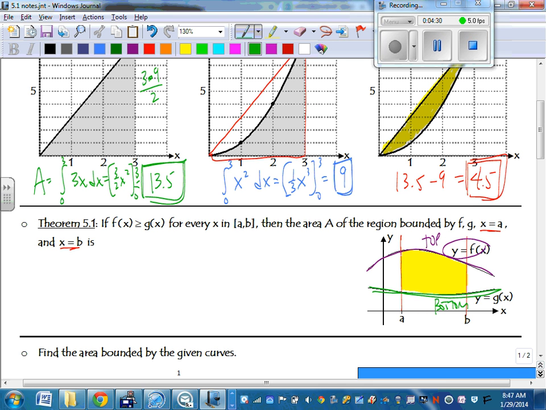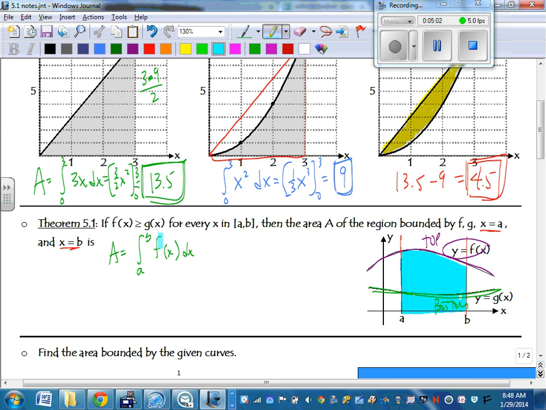Well, kind of like what we did up here, to figure out the area of that yellow shaded region, we would basically have to take the area under the top function, so the area would be the definite integral from a to b of f of x dx. That would give us the area, basically, of this blue region. So if we did this blue region right here,